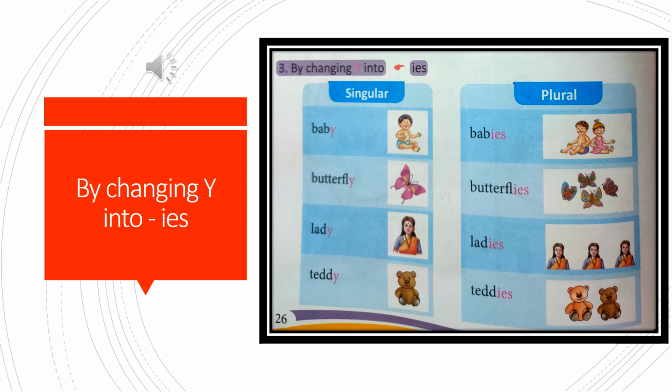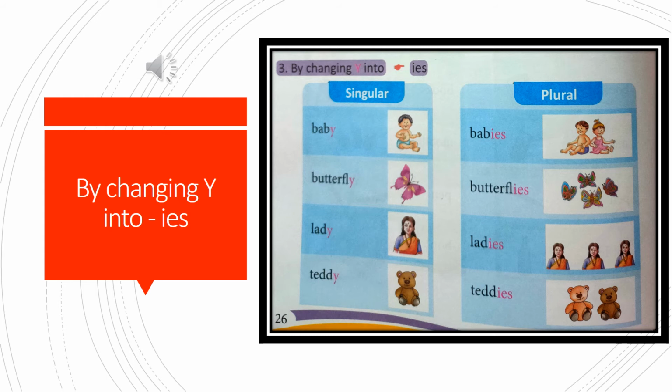Now, for changing singular into plural, there are certain changes we make in the spelling which we have to learn and keep in mind. The first one is changing Y into IES. All the words which end with the letter Y, when we change them into plural, we remove the Y and write IES.